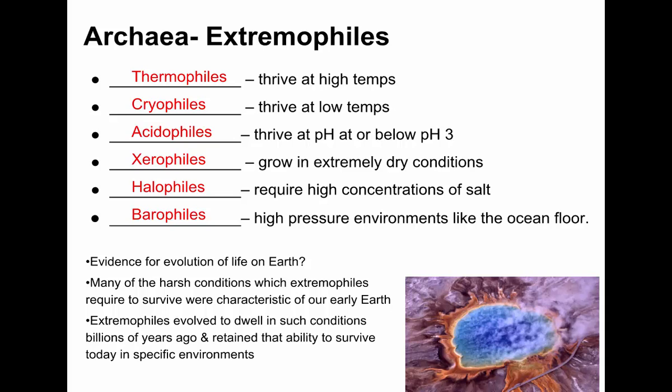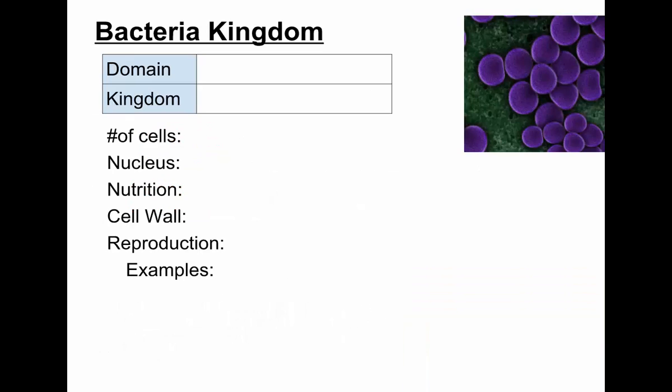These are examples. Like I said, archaea have been found in normal conditions as well, so not only in these extreme conditions. Some scientists feel that these archaea, these extremophiles, were some of the first forms of life on Earth because conditions in the early Earth were much different than they are today. They're much more extreme. What do we call organisms that grow in extremely dry conditions? Xerophile. So that's all we're going to mention really for the archaea kingdom.